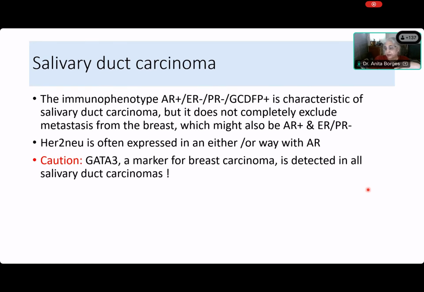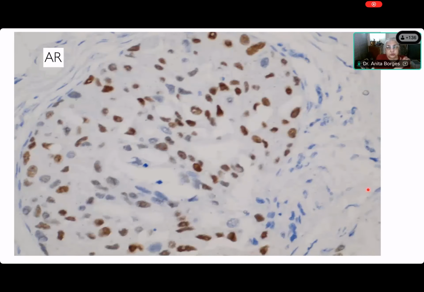So this is a salivary duct carcinoma, and immunohistochemistry can be very deceptive because it also expresses GATA if you bother to do it. Which I mean, I've stopped doing all of this. For the purposes of therapy, you can do a HER2 and you can do an AR, because if it is expressed, then this can be used as a target for these tumors. And here, this tumor expressed androgen receptor. That is what AR is.